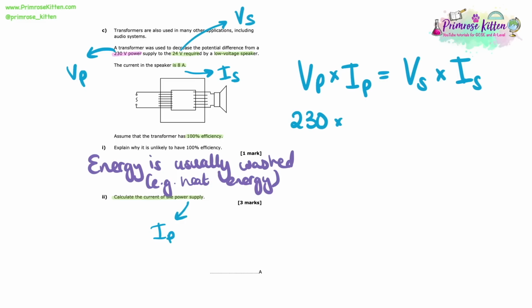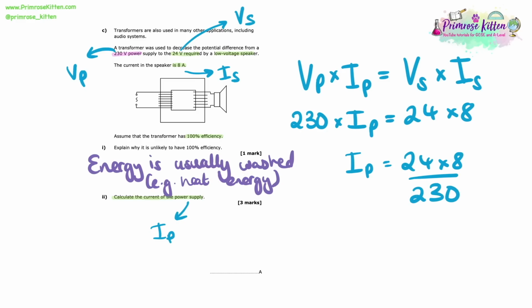So we can substitute these numbers in. We can say that 230 times this primary current equals 24 times 8. So if I rearrange this equation by dividing by that 230, I get left with this primary current. And that gives me a primary current equal to 0.835 amps. And that is our answer to this question here. The current of the power supply is